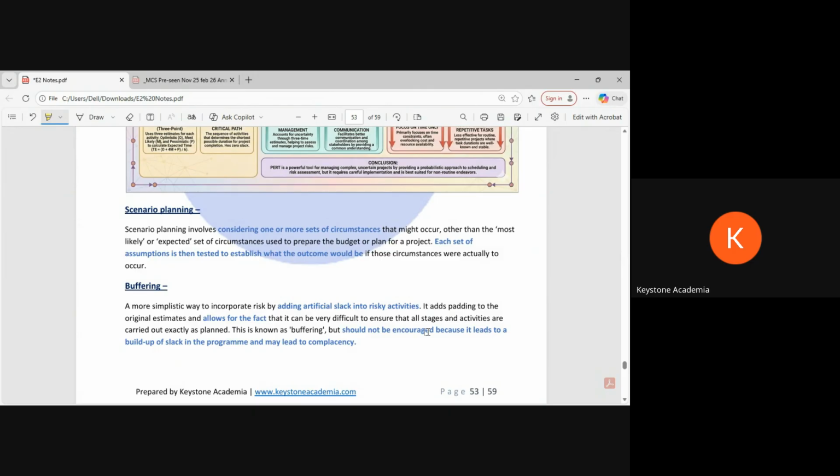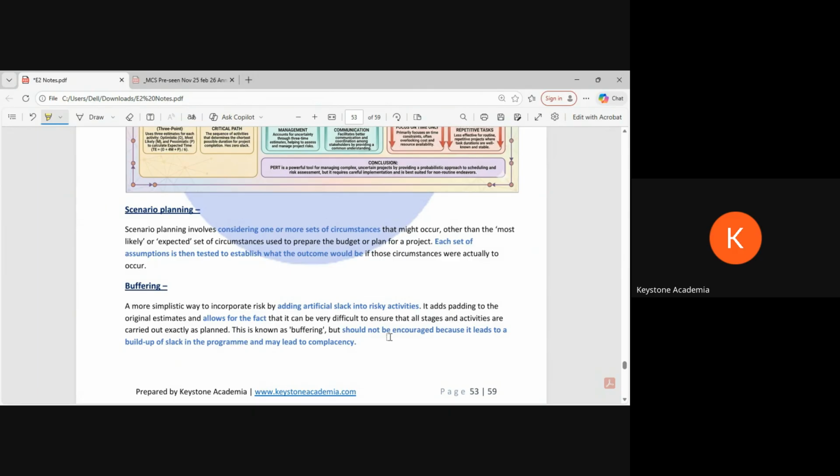Buffering is like just keeping an extra time. Let's say you can do something in 5 days, but you're giving 7 days. So 2 days of buffer. That is more practical because we have to plan. Ideally, a plan should also have this buffering. We have to plan for our plan not going according to what we agreed. There can be definitely some problems. Maybe we cannot see now, but in between we can face. That's like being more practical.